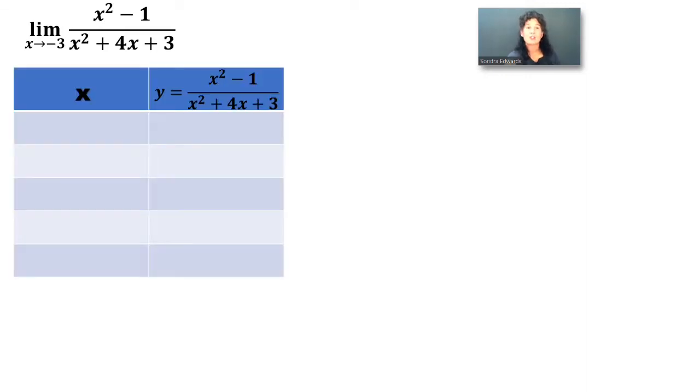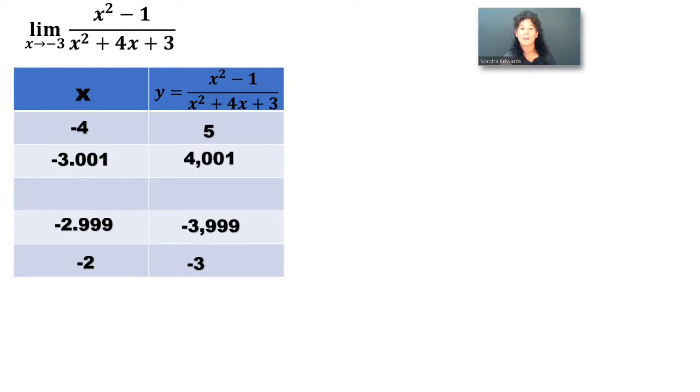Using a table to find this limit, I'm going to substitute values close to -3 from the left and from the right. -4 is close on the left and -2 is close on the right. Then I substitute some numbers even closer to -3 on the left and the right. I'm looking for a pattern, and as I substituted in numbers closer and closer to -3 from the right, I'm heading to